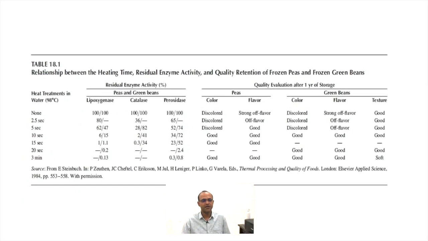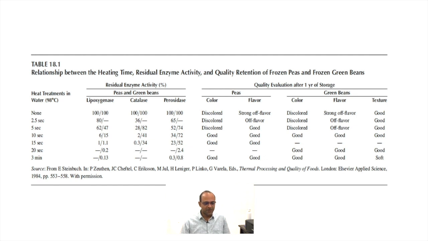Here is the residual enzymatic activity of peas and green peas, and their quality evaluation after 1 year in storage with different times of blanching treatment. Here hot water blanching is given at 98 degrees Celsius, and these are the time combinations: no blanching, blanching for 2.5 seconds, 5, 10, and so on up to 3 minutes. There are three important enzymatic activities responsible for spoilage: lipoxygenase, catalase and peroxidase. So here if you see,